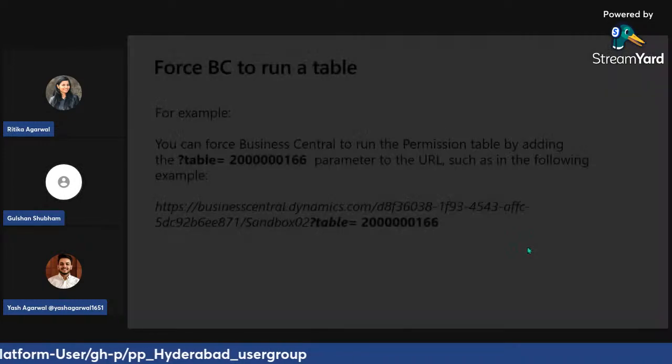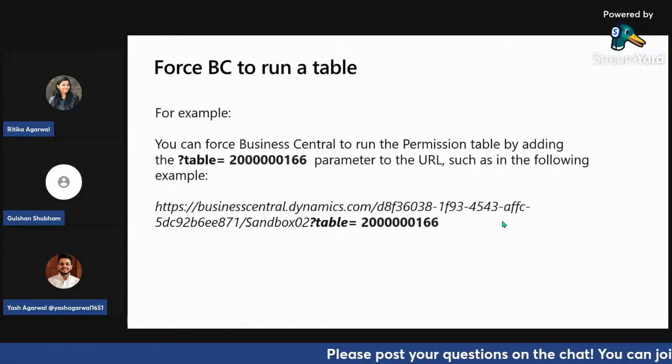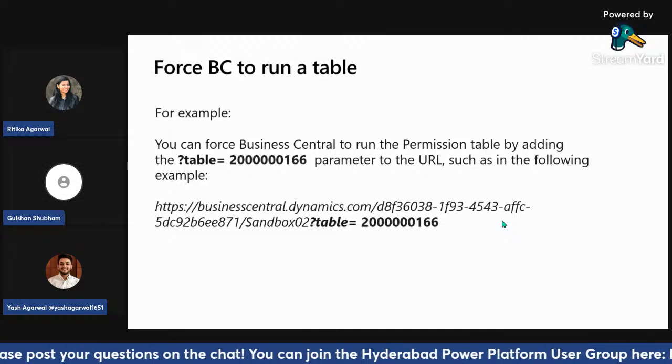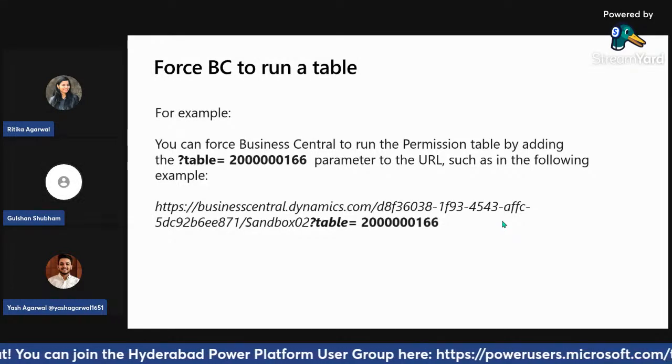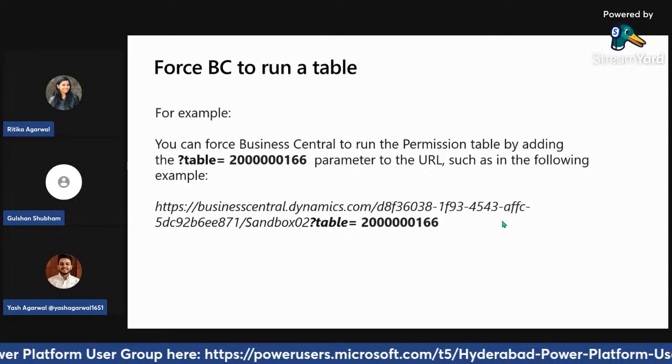Okay, this is force BC to run a table. Now in NAV, as a functional consultant also, whenever we wanted to study a table from the background, we used to just go to the development environment. We open a particular table, we run a particular table, we see it. Because from the development environment, it is very easy. We don't have to go to SQL and see what is happening,